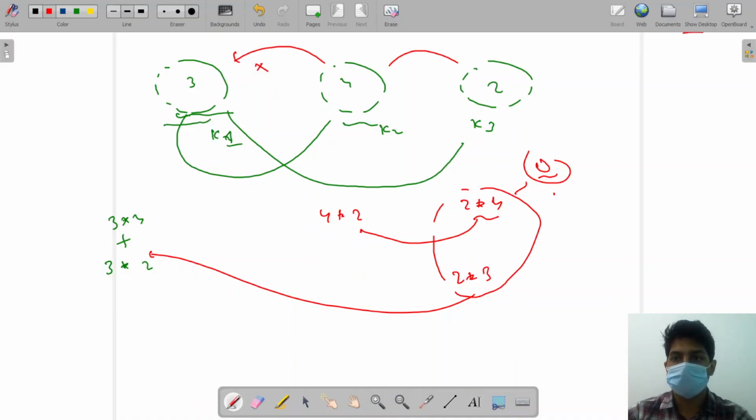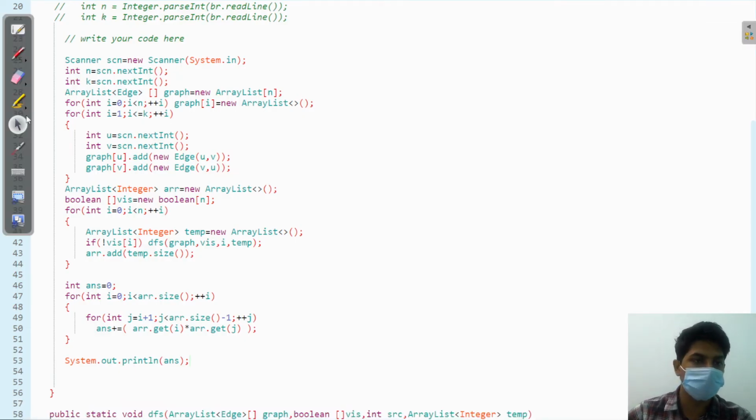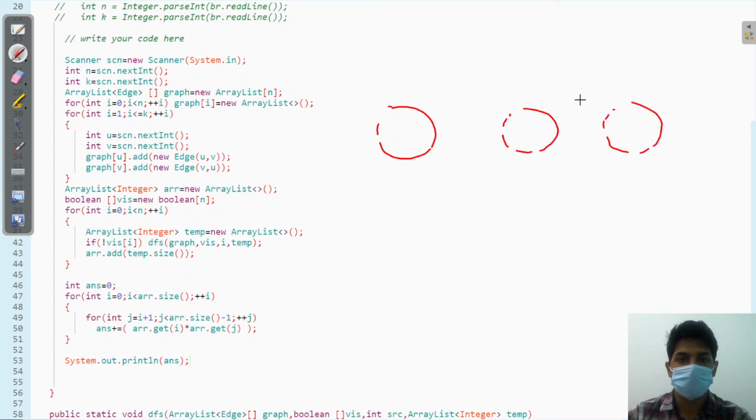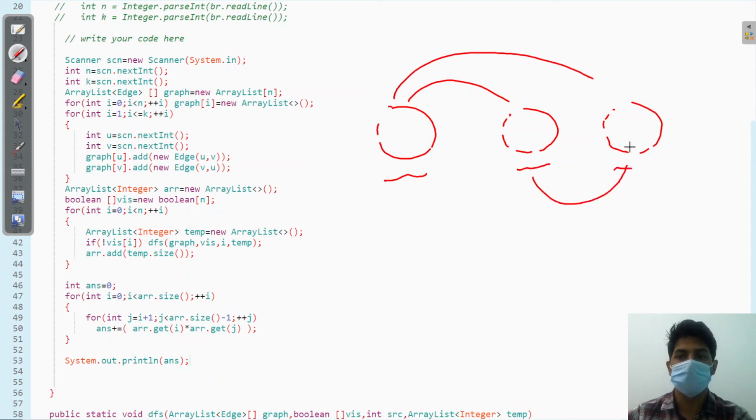Let me explain a few more things about what we are doing over here. I have told you that if we have 3 groups, then for this particular group I was multiplying these two plus these two, for this particular group I was multiplying with this, and for the last group there is no point of multiplying, there is no such extra element after this particular element, and we are getting 0 for this element. So that's why I have written array dot size minus 1. Otherwise for the last element, if I check the next element, it will give us an exception.